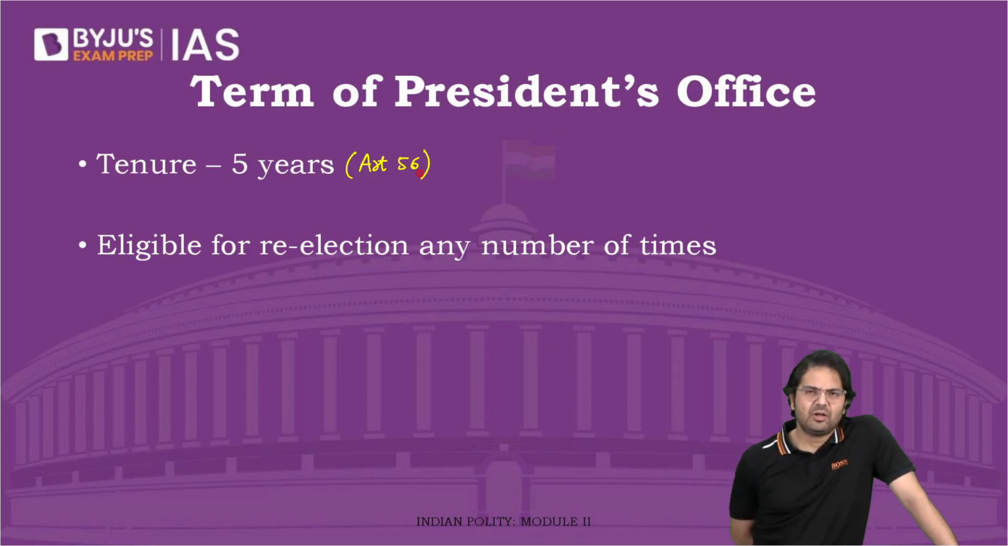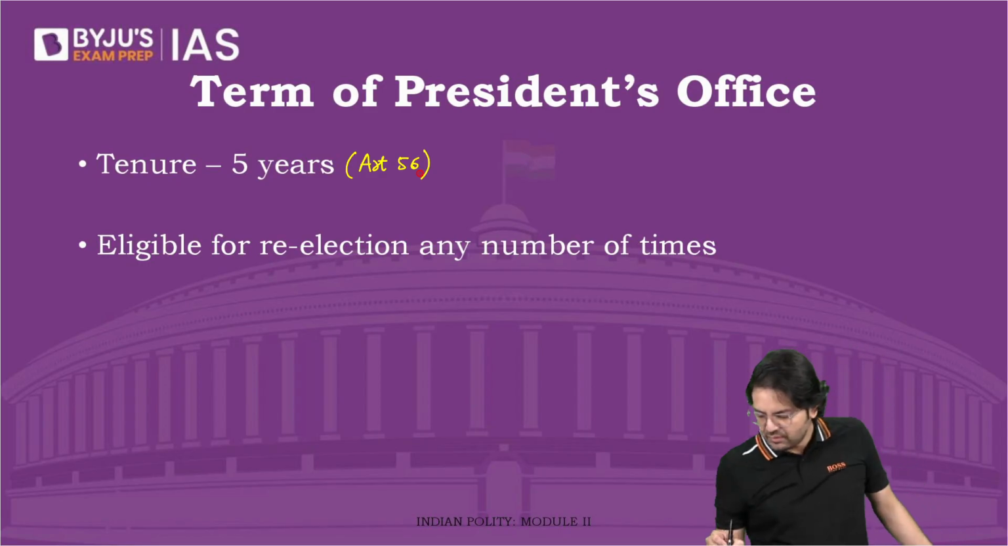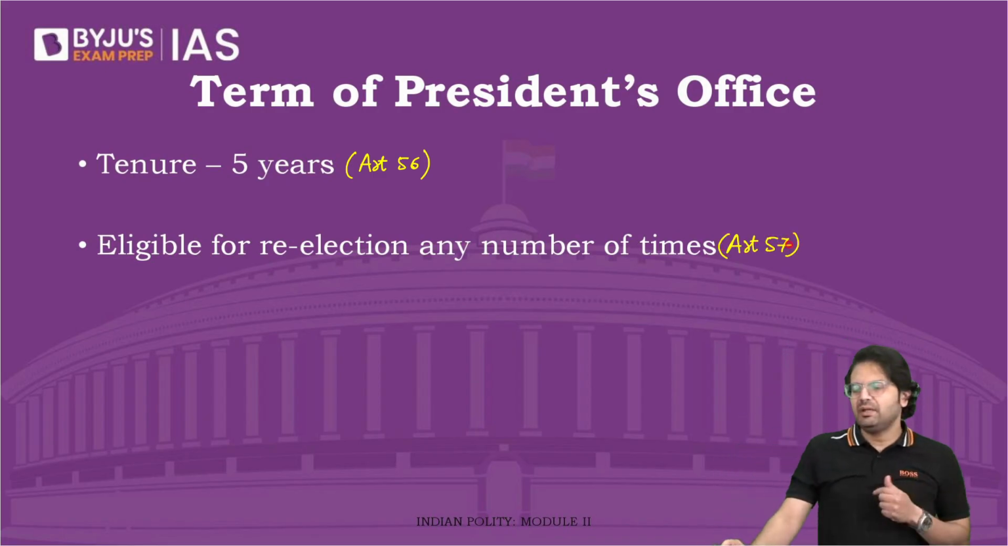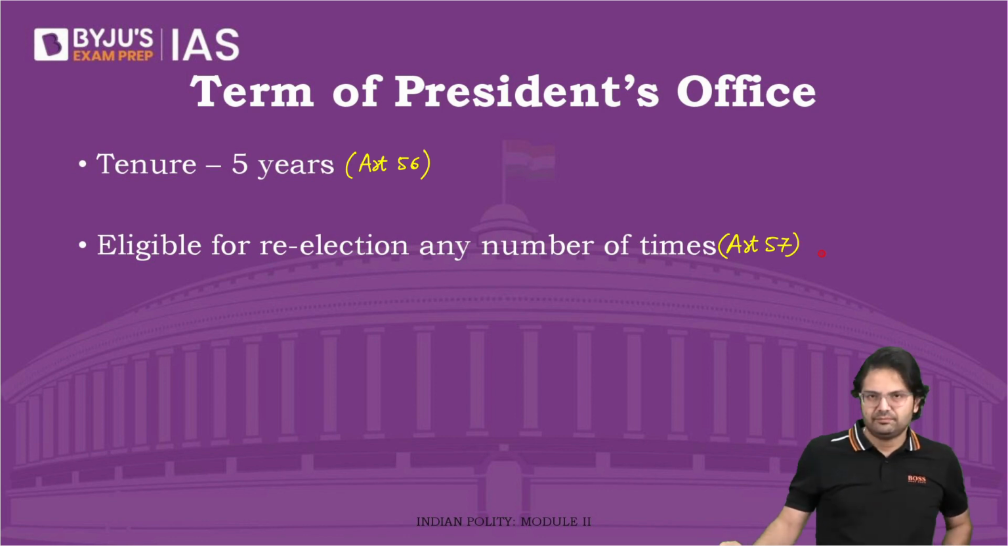5 years. But the bigger question is, how many times can you be the Indian president? You are eligible for re-election any number of times. 2, 3, 4, 5, 10, 15, 20, any number of times. Jab tak hai jaan. You keep on becoming the president. No problem whatsoever. But actually, there's a convention in our country that normally you get only one term. In fact, we have never seen that happening multiple terms, except Dr. Rajendra Prasad. He became the president twice, 1952,